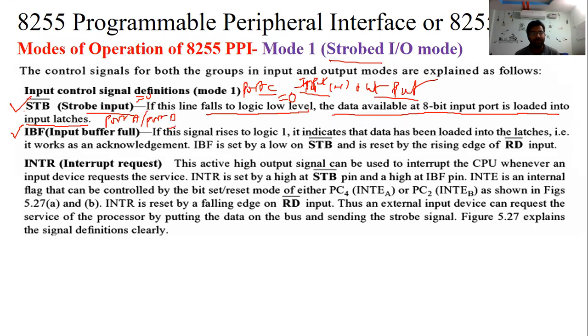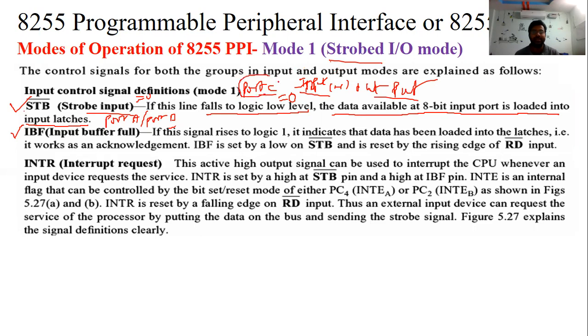If the signal is zero, it indicates that you should remember this port A stored input signal. This is IBF, the input buffer full signal. These two signals are supplied by port C, so that's why we can call them the stored signals and handshaking signals. These are the control signals for port A as well as port B. You can also call them port C signals.